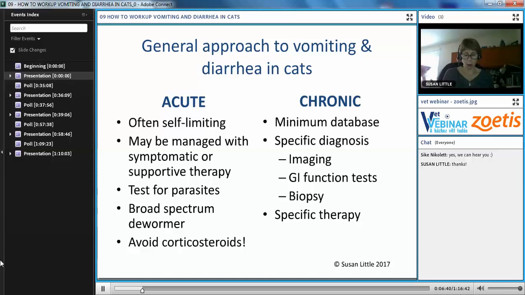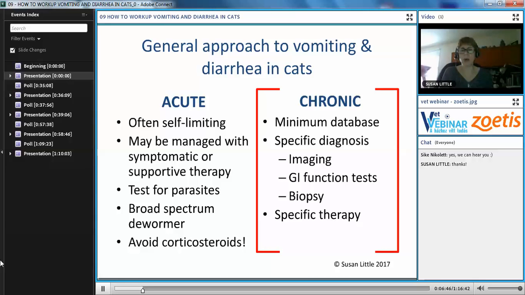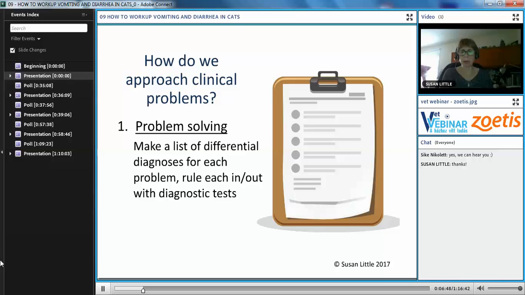Okay, so that's really all I wanted to say about acute vomiting, and we're going to focus now on the chronic vomiting patient. But before we do that, I just want to talk a little bit about what our general approach is to clinical problems, especially in cases like this where we have, as we'll see in a moment, a huge differential diagnosis list. So I just want to remind you that you do need to have a game plan. You need to have an approach that you're going to use whenever we work with a very generic set of